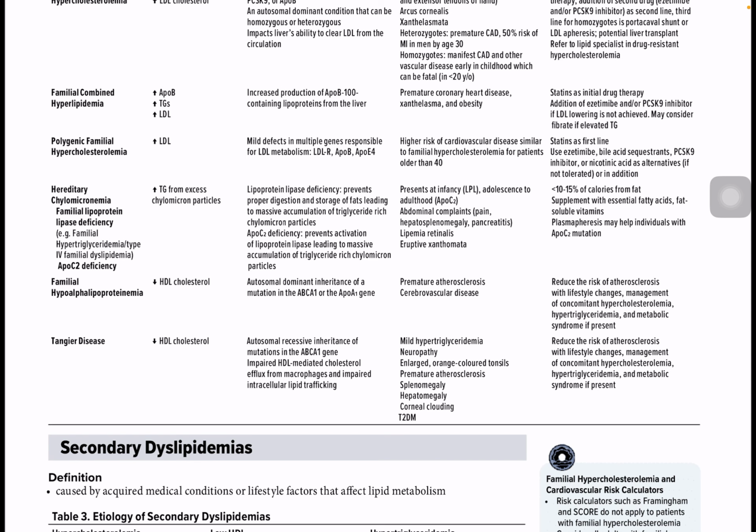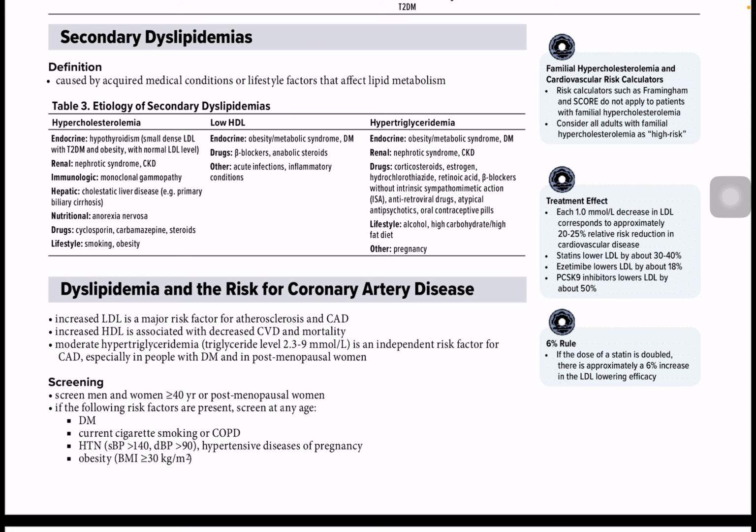What are the secondary causes of dyslipidemia? Hypercholesterolemia. Now they have divided it into three different types, because in the definition of dyslipidemia we did learn that high cholesterol, low HDL, high triglyceride is dyslipidemia. So what are the three different causes of the three different types of dyslipidemias? One is hypercholesterolemia, where the causes are endocrine like hypothyroidism, small dense LDL with type 2 diabetes, obesity